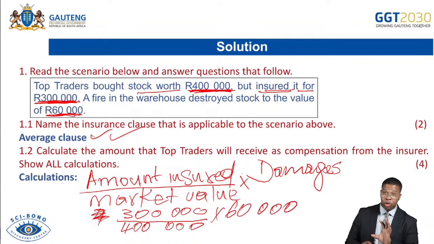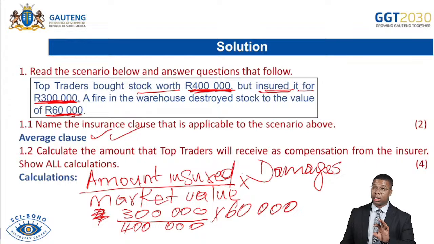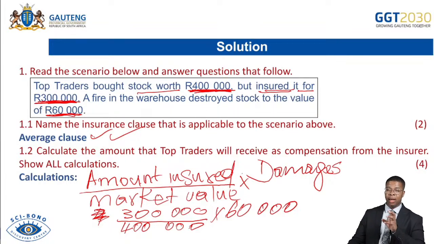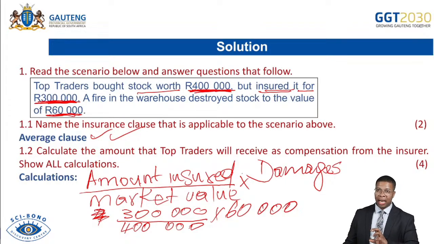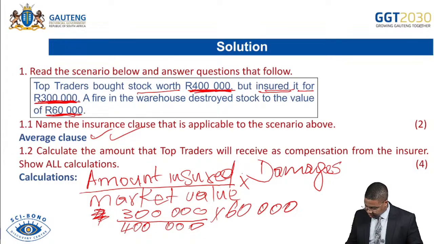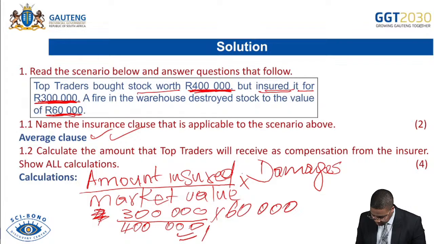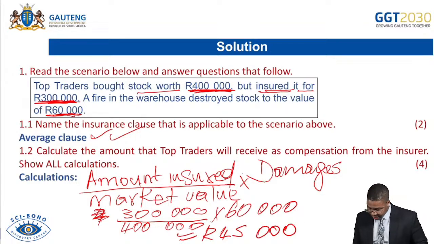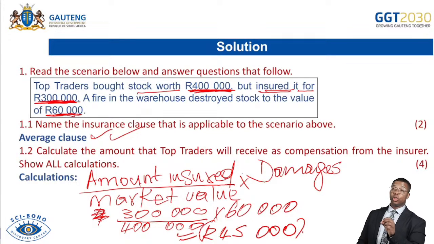So here we are saying insurance says it doesn't mean this person will not claim because they are underinsured. No, they will claim, but they will not receive the full amount of the claim. Why? Because they were underinsured. So therefore, we're going to say 300,000 divided by 400,000 multiplied by 60,000. And the answer is supposed to be 45,000. So this is to say the insurance will only pay 45,000 to the insured,